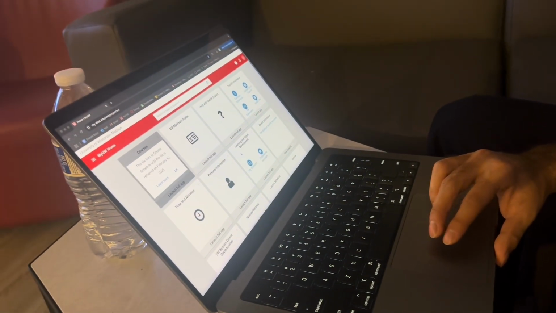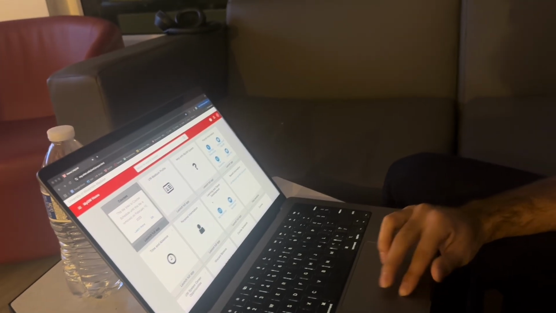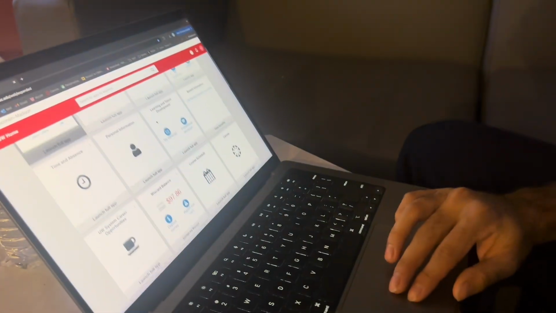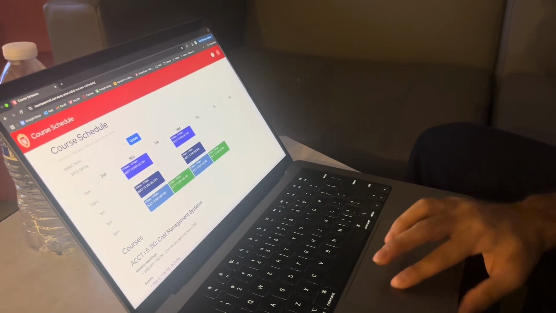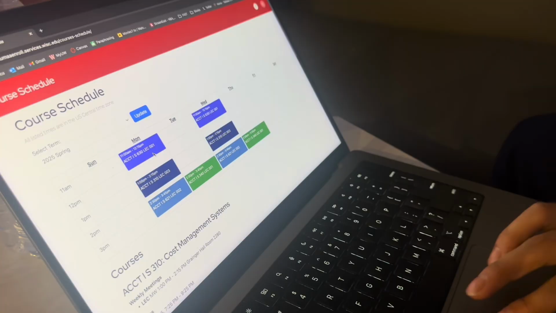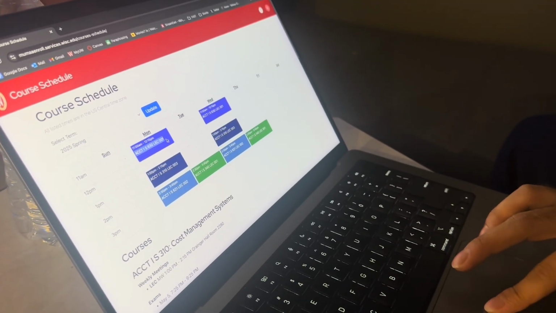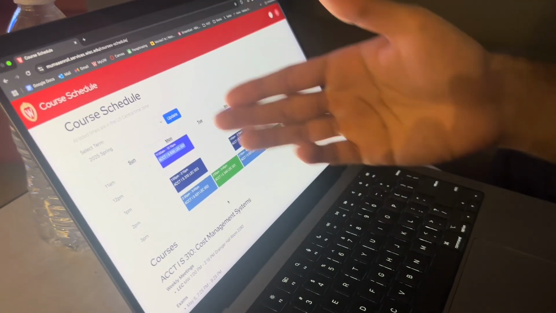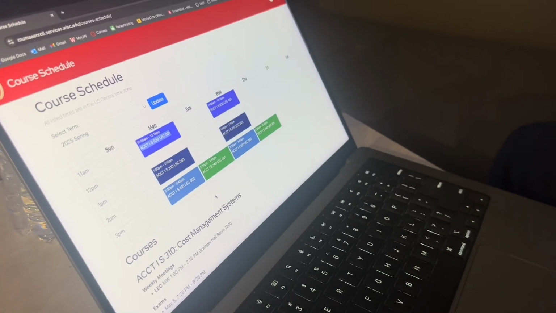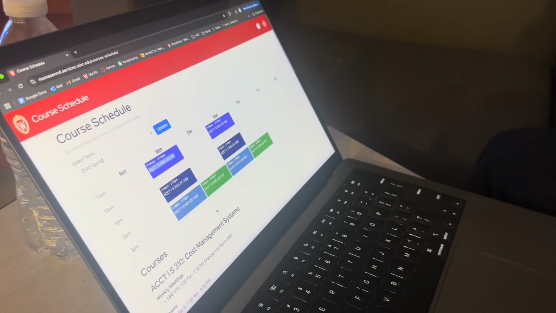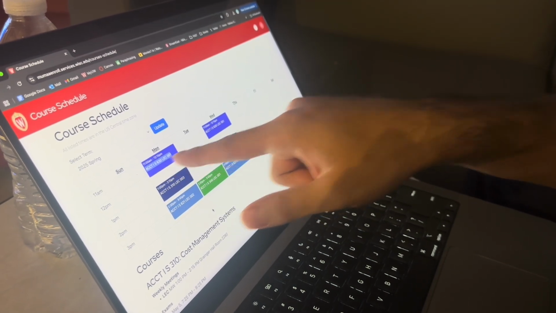Okay, so how do you find your class times for your classes at the beginning of the semester? So I go on my UW, then I hit course schedule, which brings me to my classes, and then I can see the time up top of the class, and then I can see what the class actually is below it. And as you can see, on Monday I have 3 classes back to back to back, and I don't really get a break to eat, so I fit it into my schedule